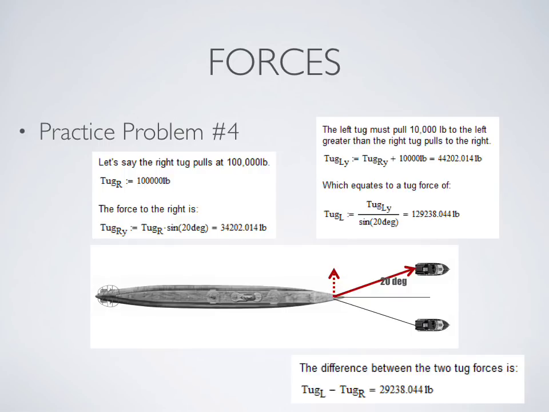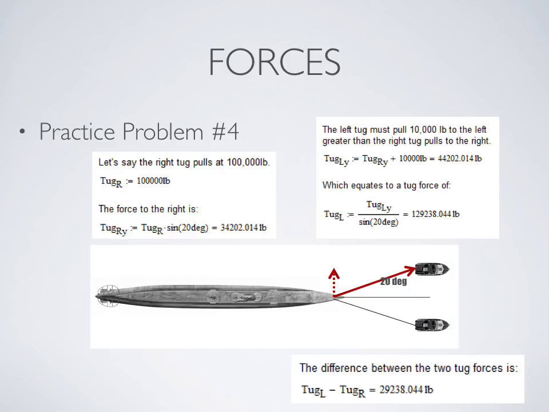So what we know is the left tug must pull 10,000 pounds to the left greater than what the right tug was doing. So tug Ly has to be equal to tug Ry plus 10,000 pounds, right? So we know that that has to be 44,202. Then we can find out what's the force of the tug. Okay, what's the total resultant force? We divide by the sine of 20 degrees. We get the total tug left to be